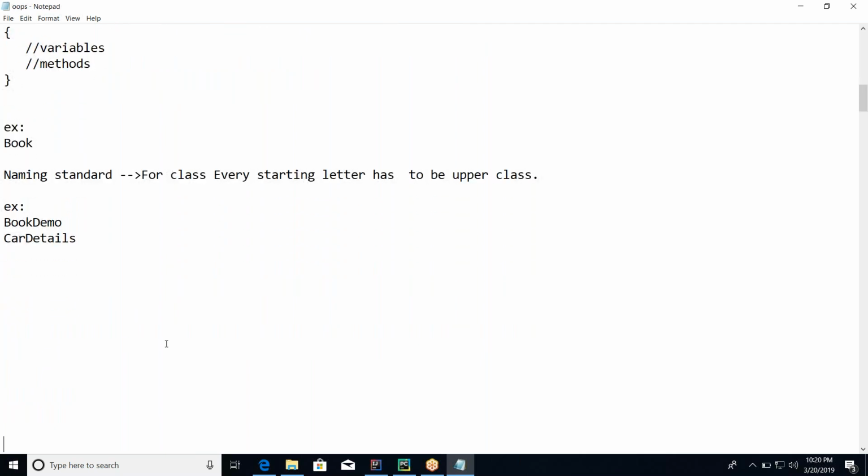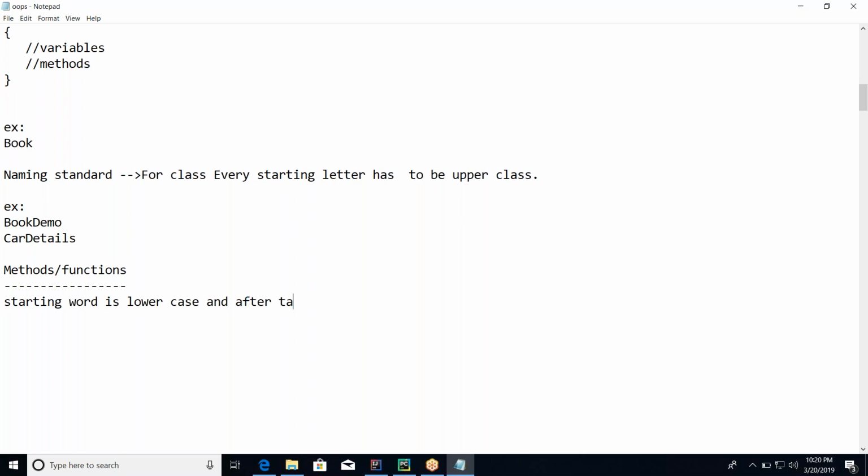So when you talk about a class, it has to follow a naming standard like this. Suppose it is a method, how do you define methods or functions in Scala? Generally, it follows a naming standard similar to Java. For classes, the starting word has to be uppercase. For methods, the starting word is lowercase, and after that, every word's starting letter has to be uppercase,